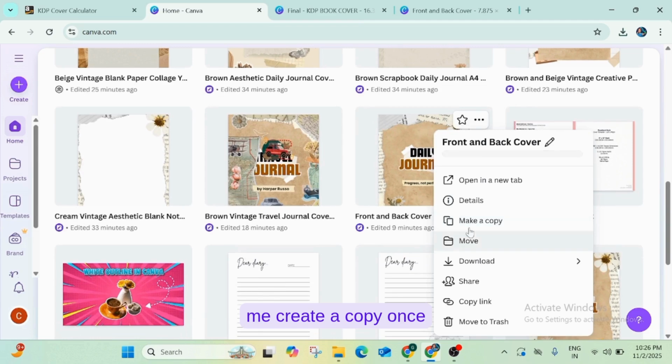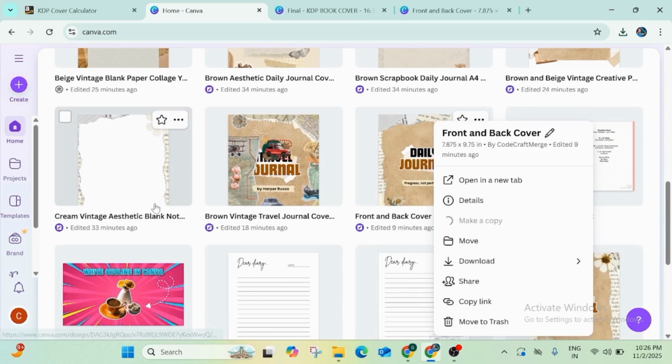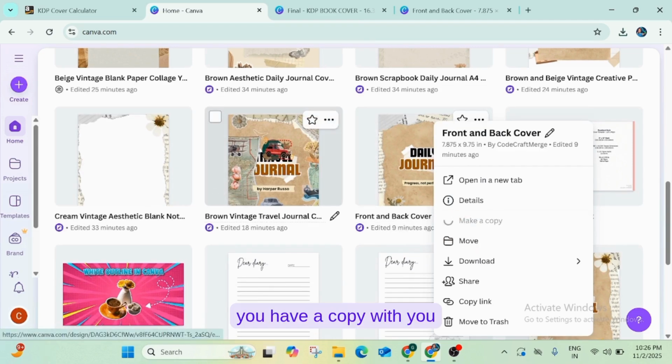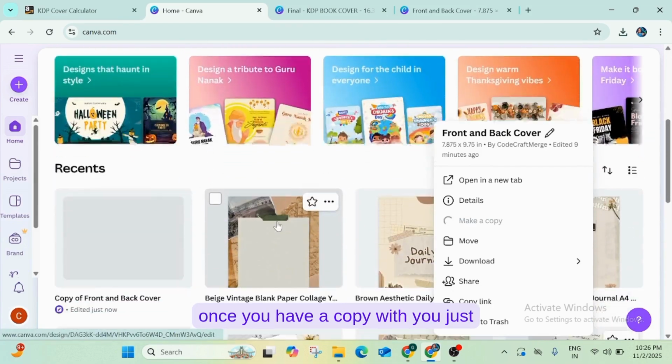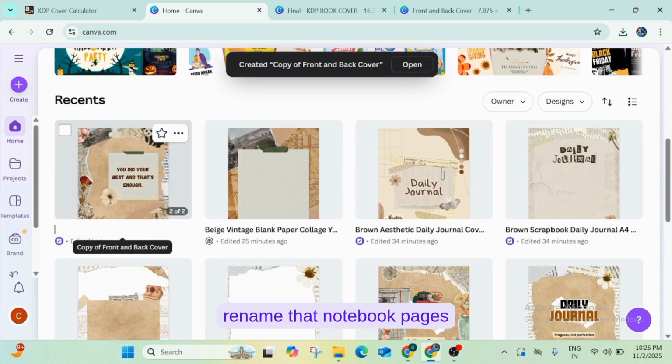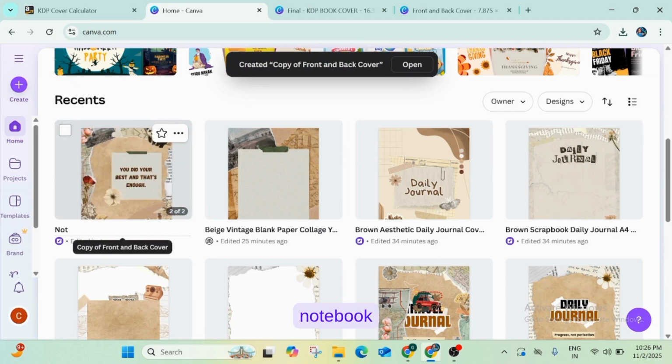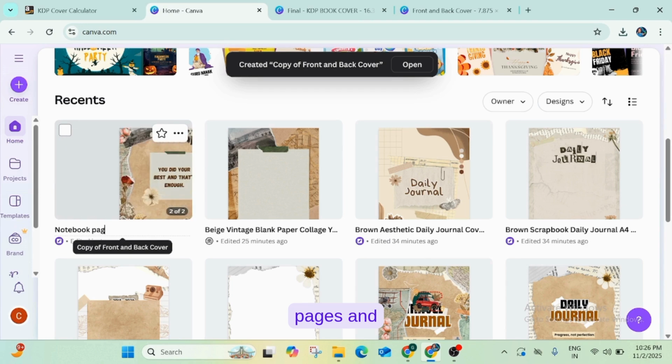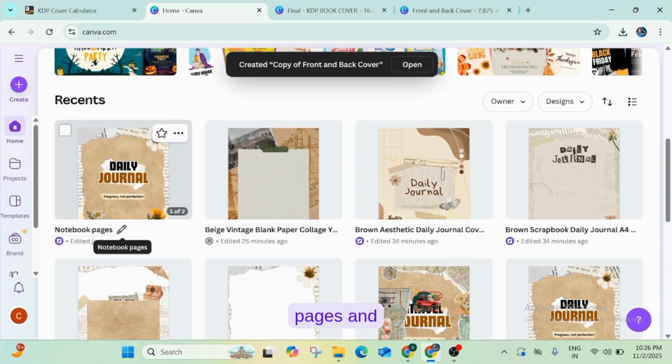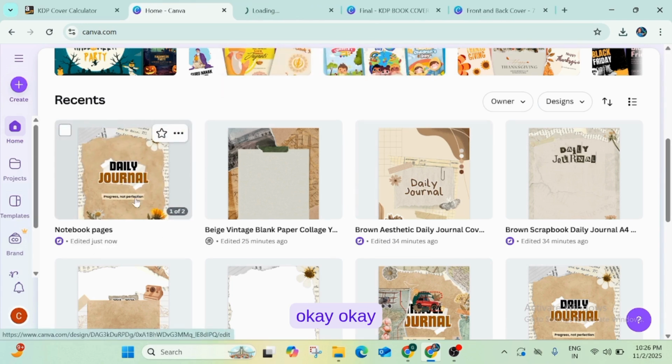Let me create a copy. Once you have a copy, just rename it notebook pages, and open it in a new tab.